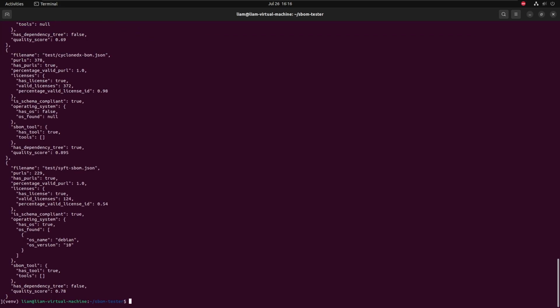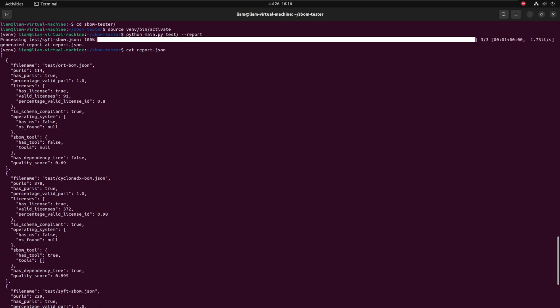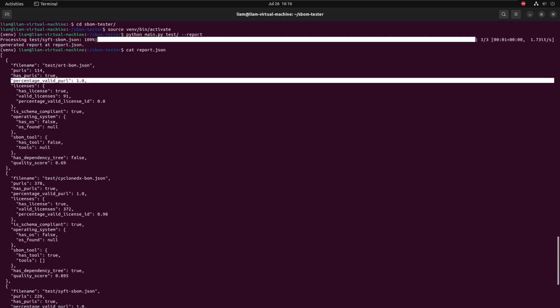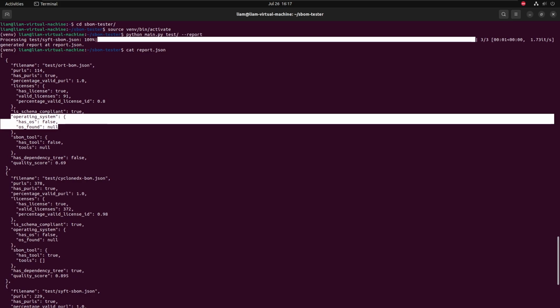When we open up report.json, we can see the report for every file that was just reviewed. In this case, 3 SBOM files were reviewed. Each file displays the following information: the number of PURLs in the file, if the SBOM has PURLs, and what percentage of them are valid, the number of valid licenses, and the percentage of valid license IDs in the SBOM, if the SBOM is schema compliant, which is CycloneDX, if the SBOM has an operating system, and if any were found,